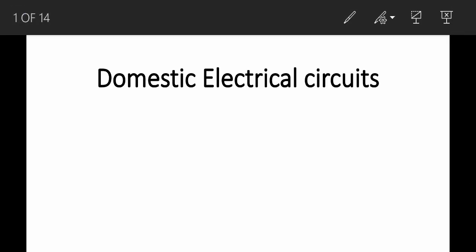Good morning, students. Today we are going to study the domestic electrical circuit. Till now we have discussed how a current carrying conductor produces a magnetic field, and then we have seen how a magnetic field can produce a current. Now whatever current has been produced has to be sent to distribution centers and to the house, and in the house each room and each device has to get this current. So how is this going to happen? Today we are going to discuss all these things.